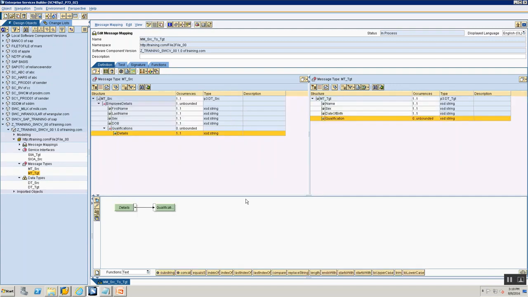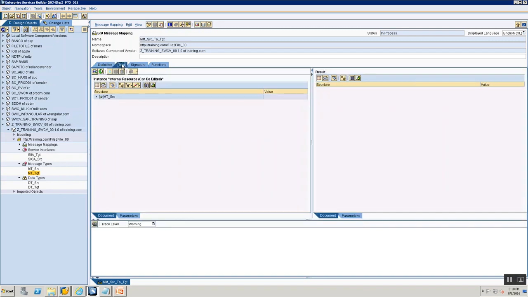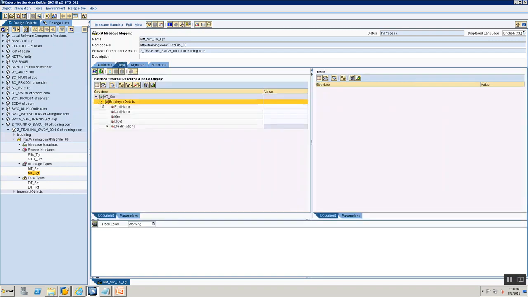How do we test this? Okay, how do we test this mapping? So let's go into the test tab. Now if you see, I have an XML editor, a beautiful XML editor. Let's insert an employee details, right? Let's say